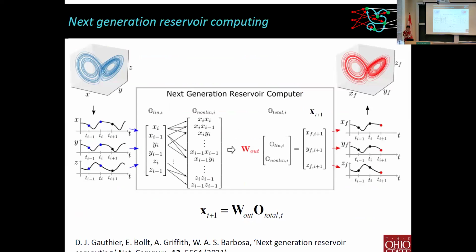So for this next generation reservoir computing that we heard about before, I'm assuming you have some kind of input data. In this case, it's Lorenz. I have X, Y, Z as the dynamical variables. I perform measurements at the current time and one step in the past, two steps in the past, so on and so forth. And then I take polynomials of those measurements, current measurements and states in the past, and then I weight them. So I'm forming a feature vector that's just a polynomial type regression of the data at current time and past times, and use that to infer one step into the future, what the system is going to do.